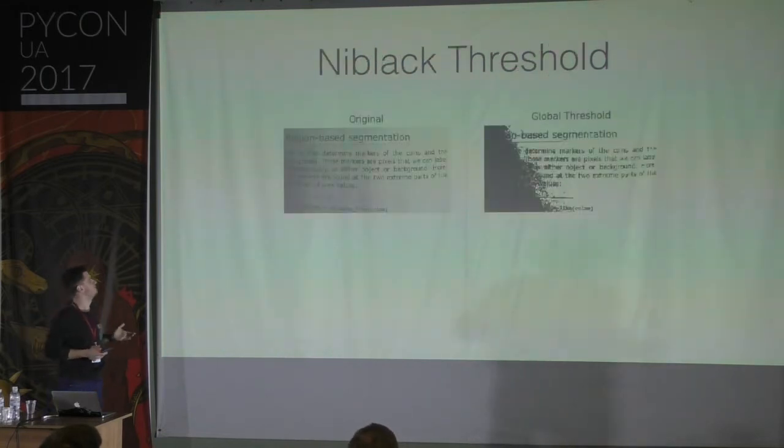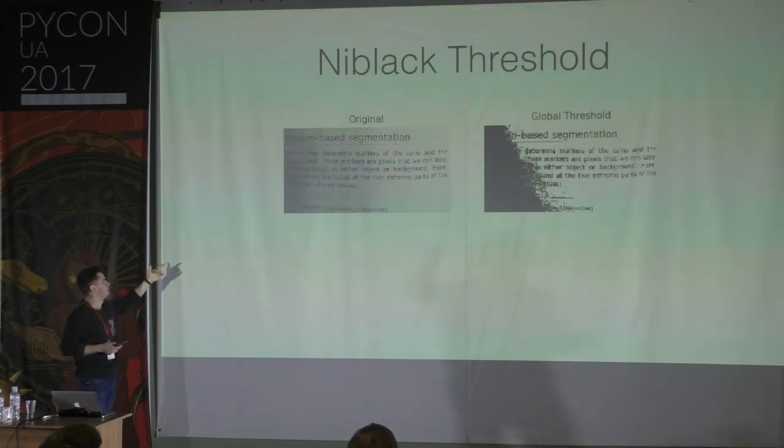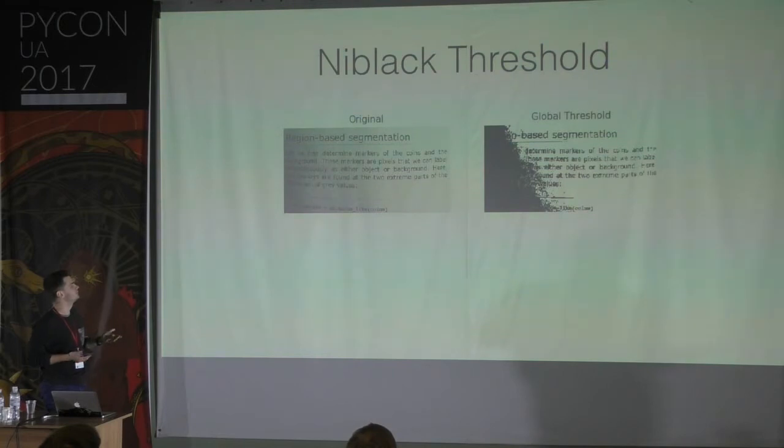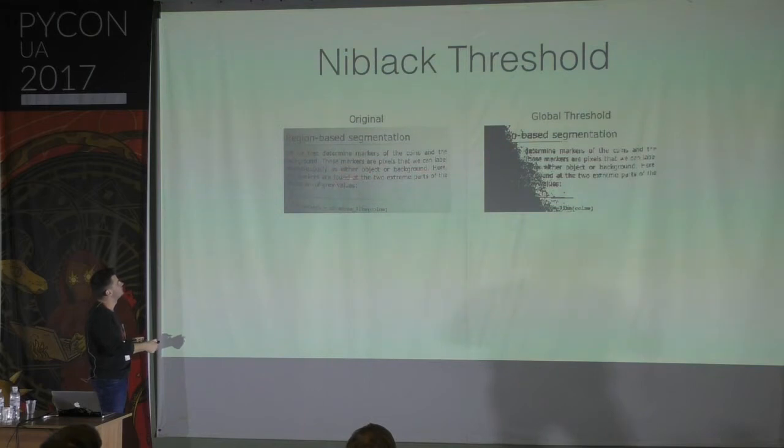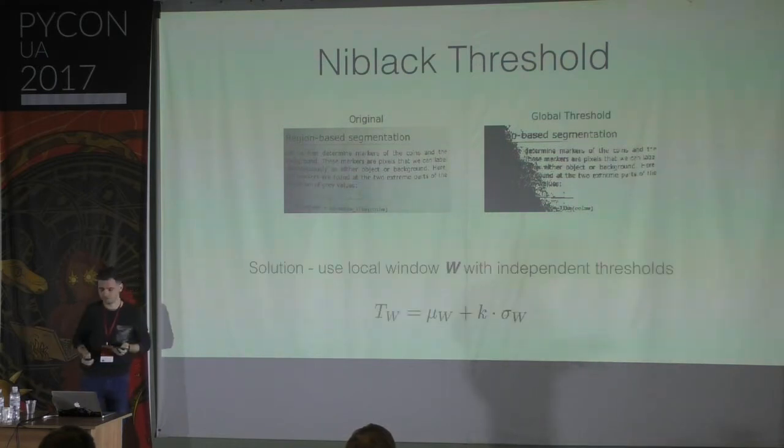However, there are problems. Suppose you have a scan of a page with some text and we want to binarize this image by thresholding. But if we just use even a good threshold, we will end up with a situation like this on the right, where, as you see, the lighting is different in two parts of the image. So it affects the result and the left part is just unreadable. So there is a solution.